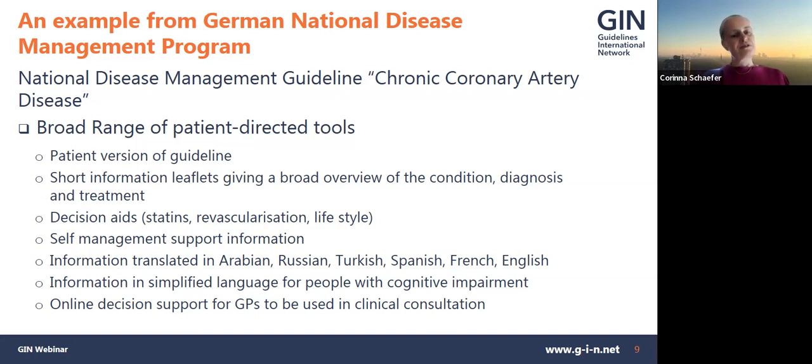For them, it's more interesting because a lot of information in there, which is for late stage disease, cannot be found elsewhere. But we know that this patient version of the guideline, this very large booklet, is not a format